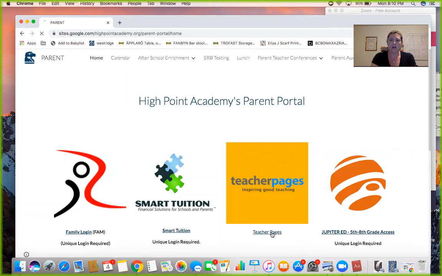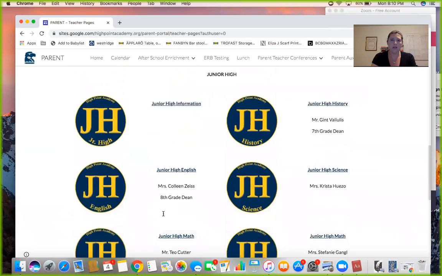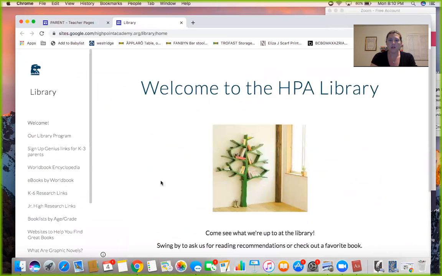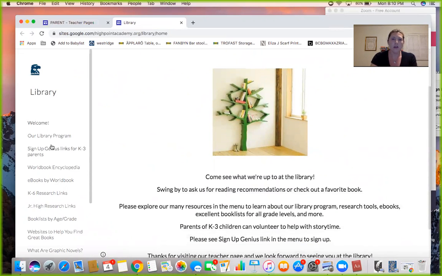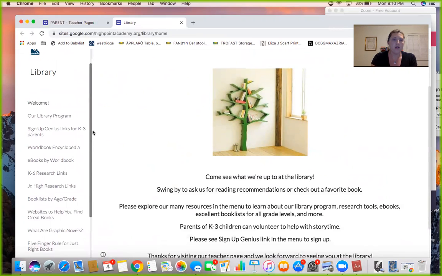So you can see right here, I'm going to click on teacher page and then scroll down through all the grades, past junior high to enrichment. And here we have library. Here, welcome to the library, the library teacher page. And in this sidebar, you can see there are many links, some of which are more for parents. Things like our library program, you may not need to read about our whole library program, but there are many links to